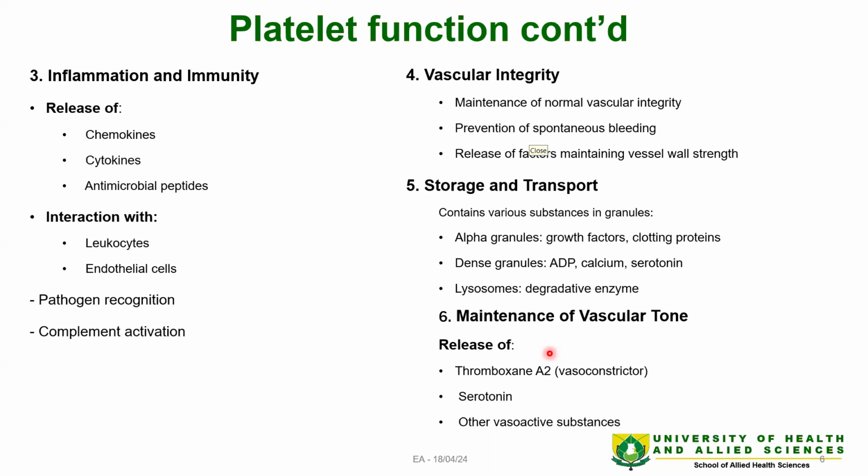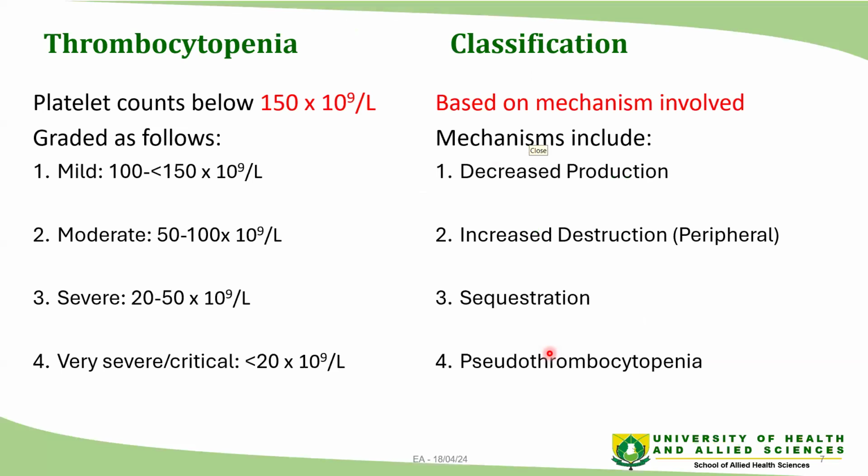So in the past, we only knew of just the hemostatic role of platelets. But with time, research has shown that platelets do all these other things that have been shown here. So thrombocytopenia refers to when platelet counts are below 150 times 10⁹ per liter, and it is graded